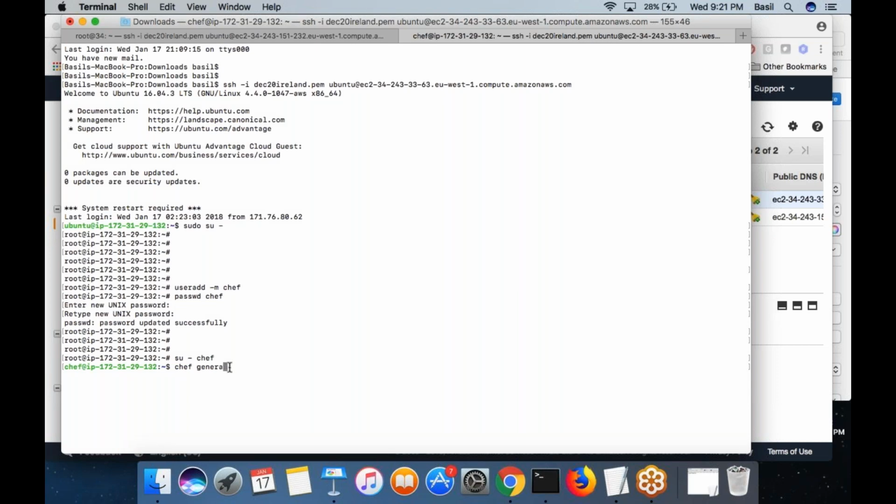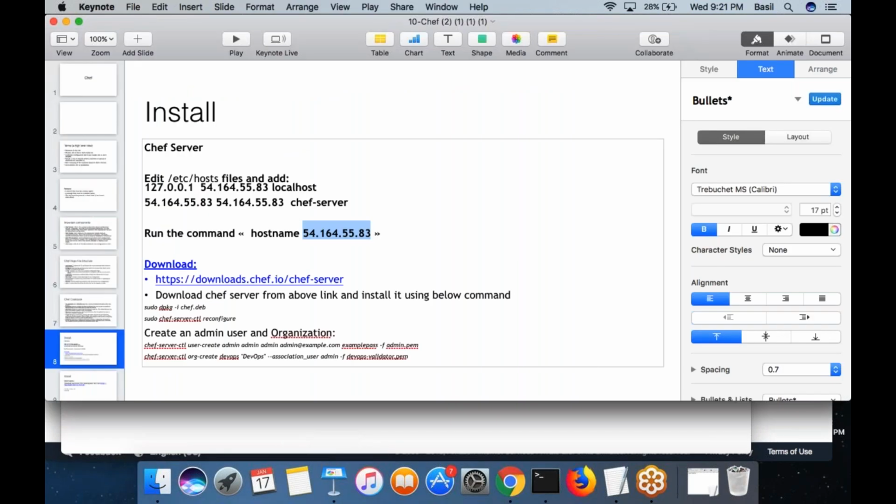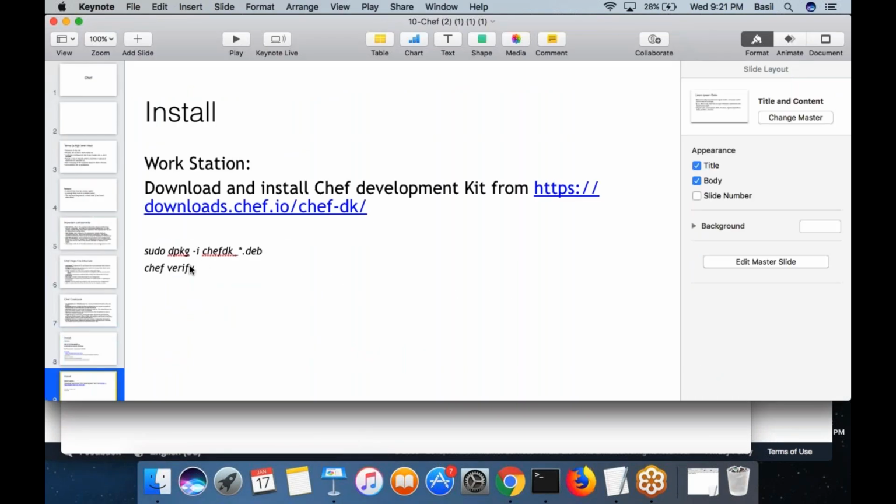No, what was that command? In the workstation, oh okay, first I want to install the Chef development kit package. Of course, that's the first thing I want to do. I want to install the Chef development kit on the workstation machine. Basically, Chef development kit is the package which makes your machine a workstation. Then you can start adding your configurations.